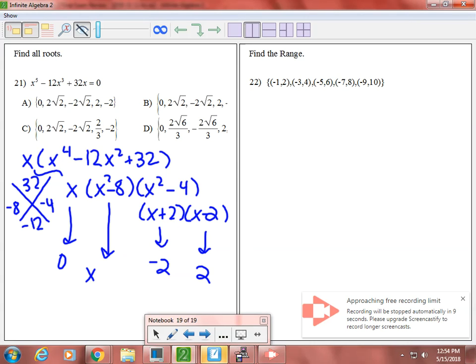This one is going to give me the square root of 8, when I move it to the other side. Well, 8 breaks down into 2 and 4 and 2 and 2. So you get plus or minus